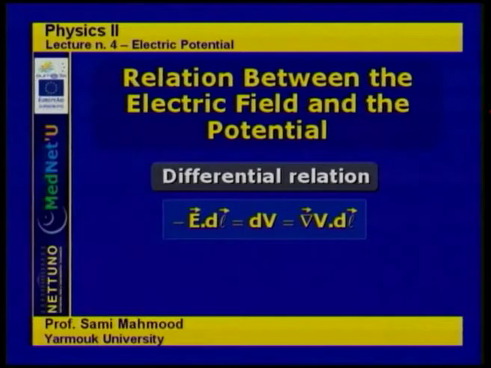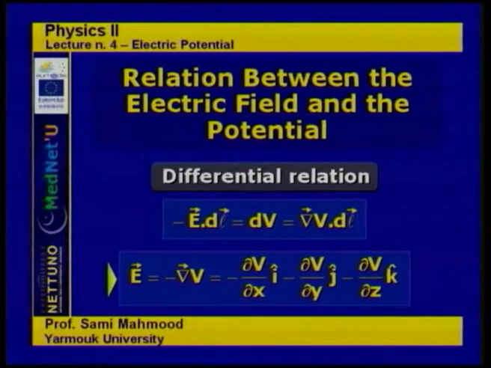It's simply the gradient of V dot dl, where dl is the displacement. It's something like dV by dl times dl. It's something like that. So this is the difference in V, and thus E is equal to minus the gradient of V, where the gradient of V, as we have defined the